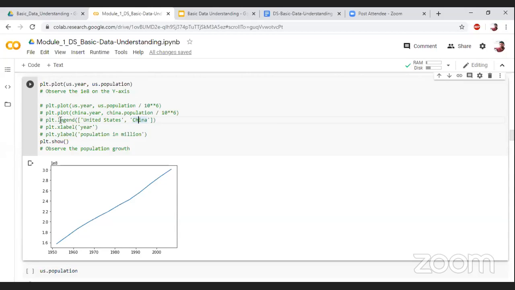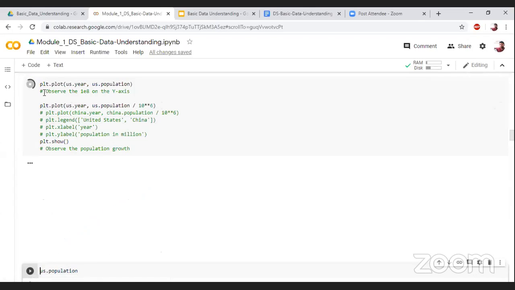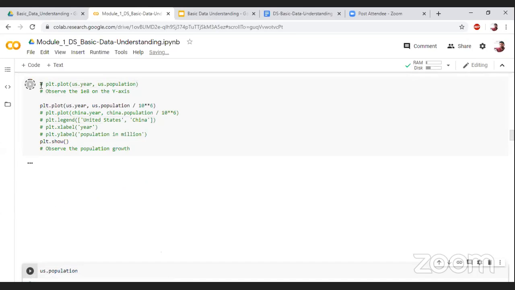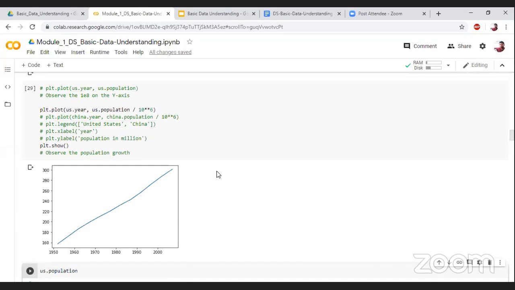Rishabh, can you comment the first one, the population, and then run this? Just for better visualization, now you can see that it means 300 million on the top. So we have just scaled down, nothing else. Now if we want to look at the China population growth,